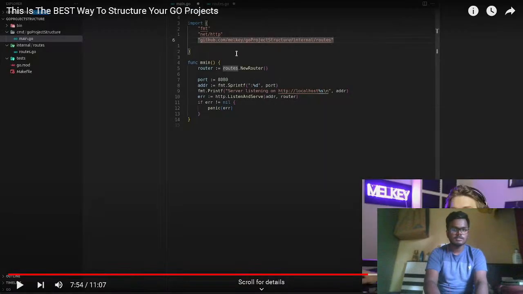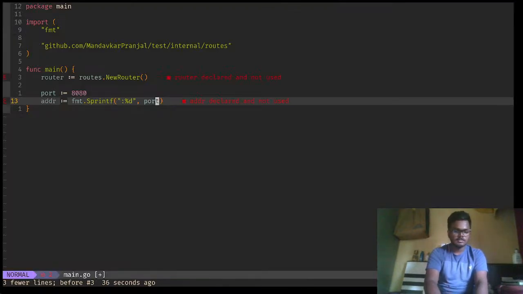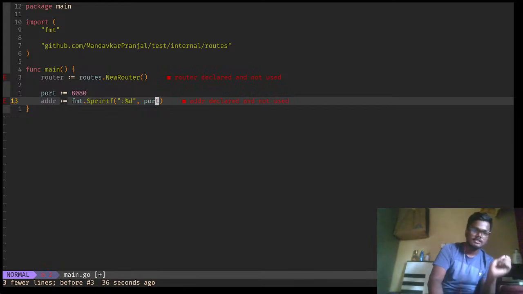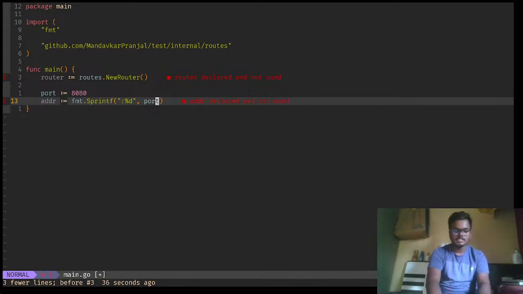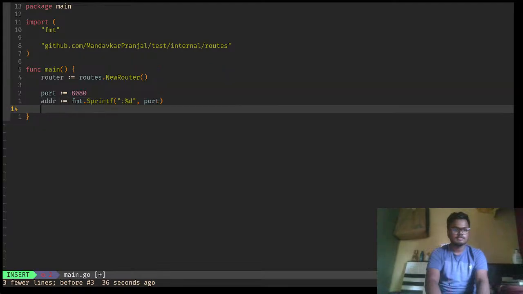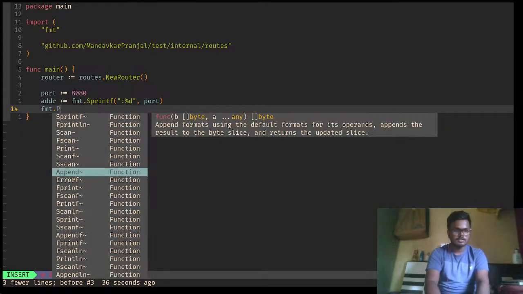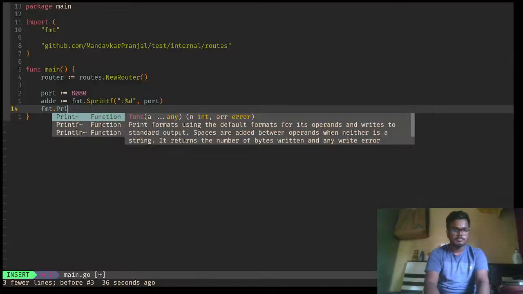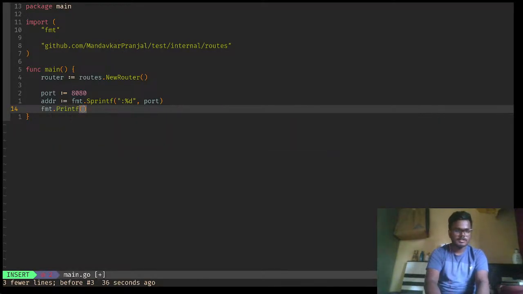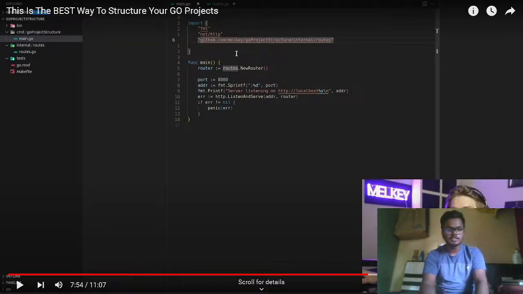The address variable is declared but not used. Then http dot... it should be Printf. Server listening on